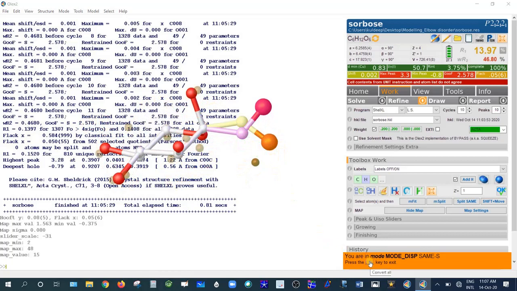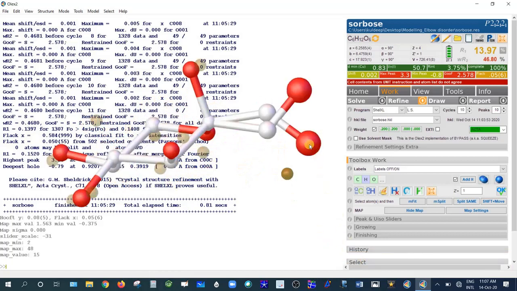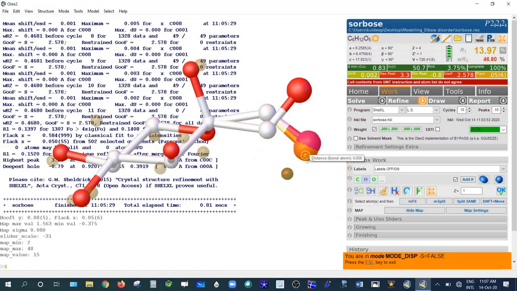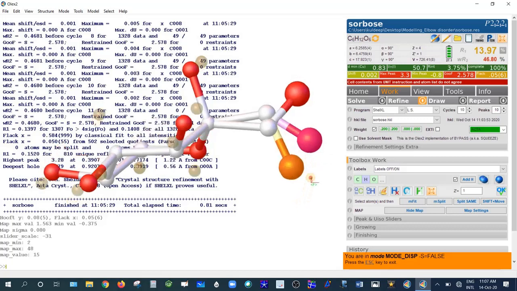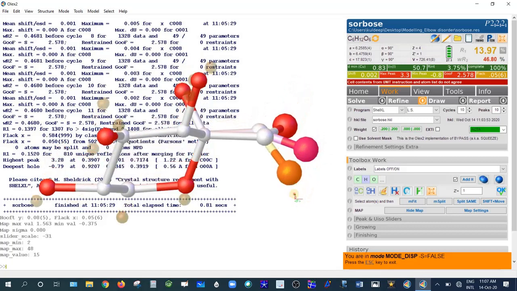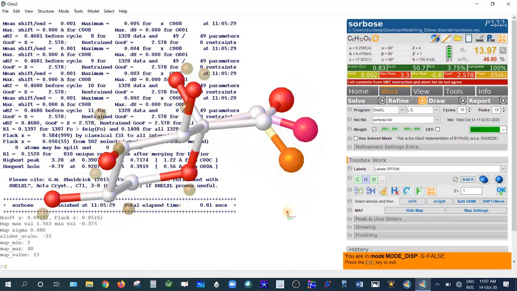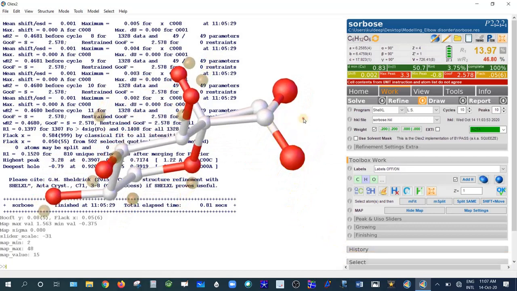Now press escape. Then select this oxygen once again and go to Fit. Then press the shift button and left mouse click and move this oxygen atom just above this Q peak. Okay. Now press escape.